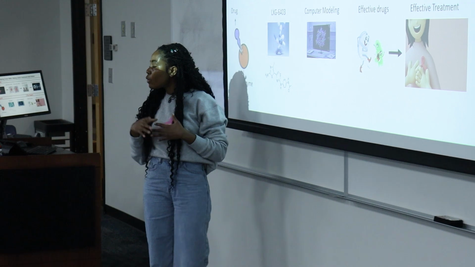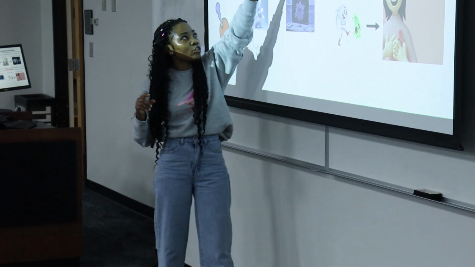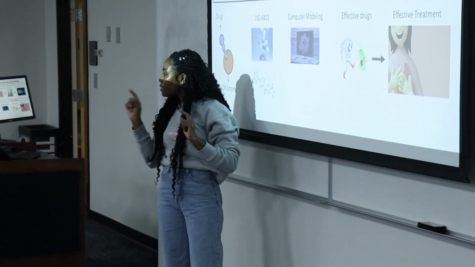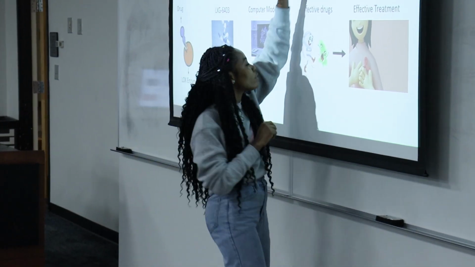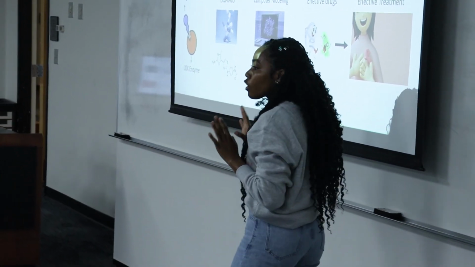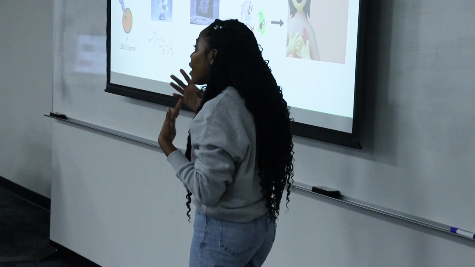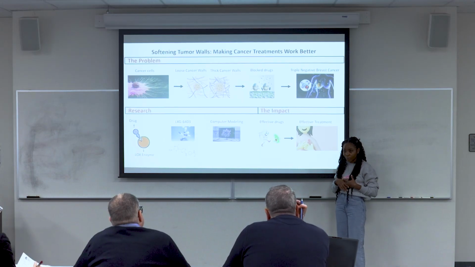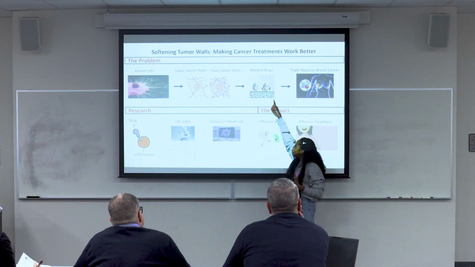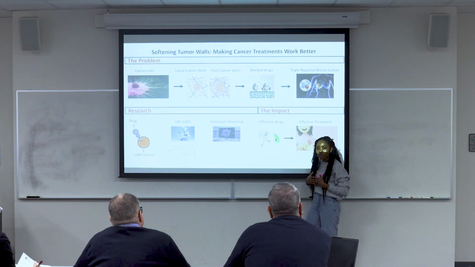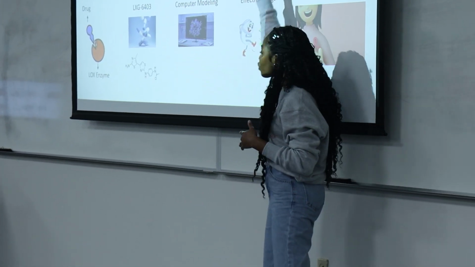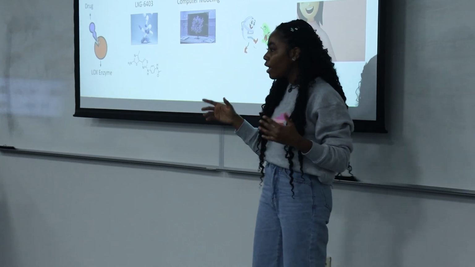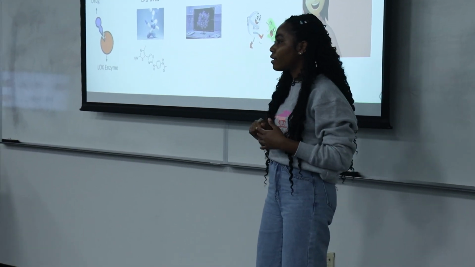Think of a scenario where we have a kingdom that has strong walls around it. Inside this kingdom are cancer cells. Outside the kingdom are chemotherapy drugs. Now, the use of chemotherapy drugs is a very common treatment in cancer therapy. If the walls are very strong, then chemotherapy drugs would find it very difficult to enter these walls. Cancer cells will live happily, grow, and the disease will become very deadly.